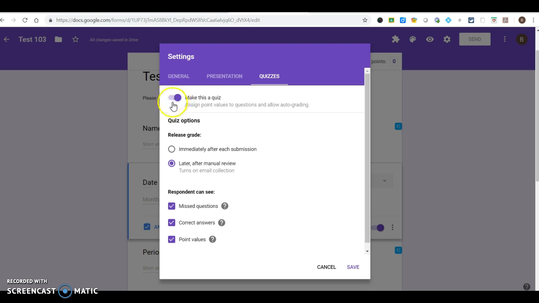So you definitely want to select make this a quiz. Release grade, that's up to you. Most of the time you want to select this immediately after submission, because if you don't select this, really putting a test online is pretty much substitution. By selecting this option, now it becomes augmentation, or sometimes even a modification, some people would consider, because they're getting